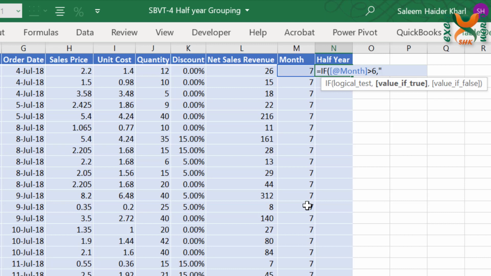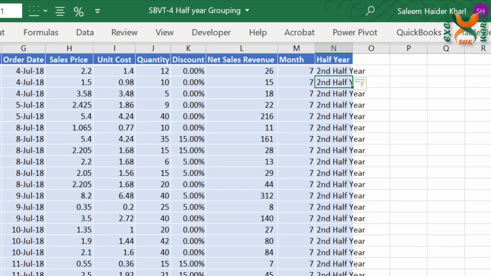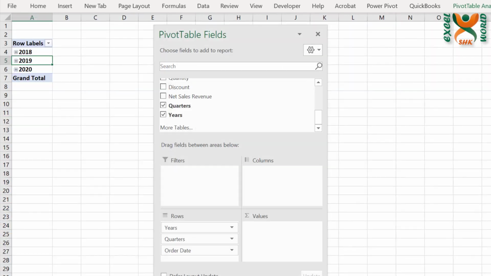So we should get a text in return by the name of second half year. Otherwise, we should get first half year. Since we need a text, this should be in inverted commas and close the bracket, and there you go, you have all of the half years available.